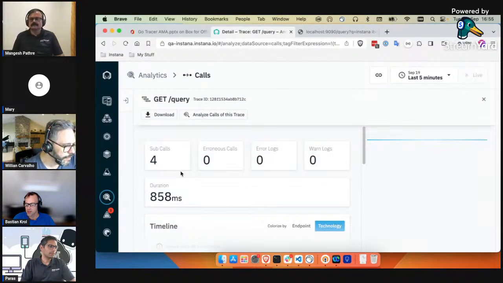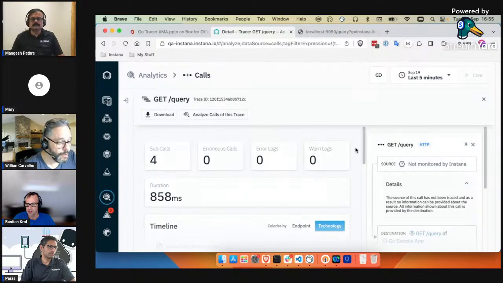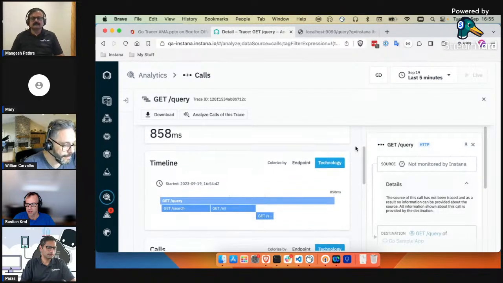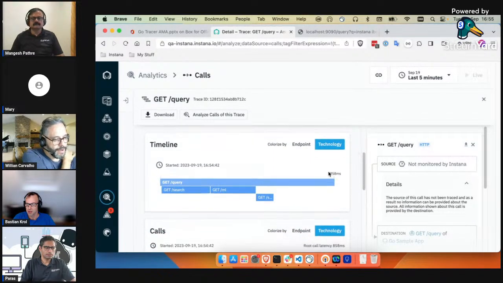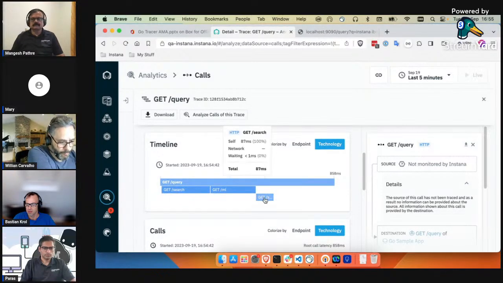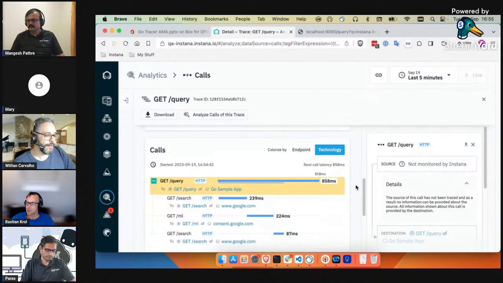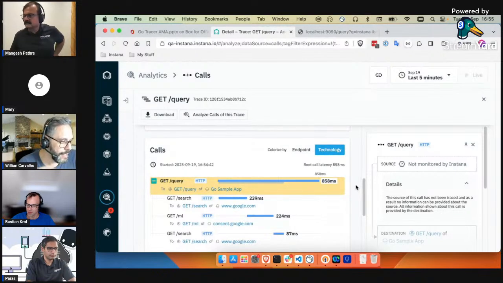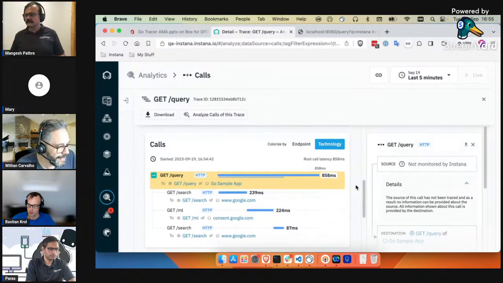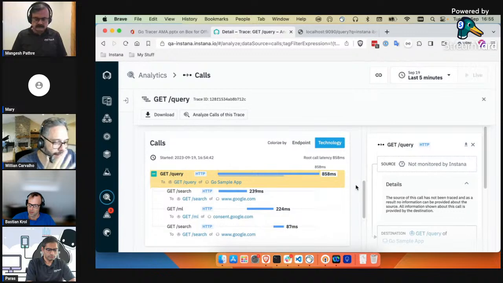So if you go here now, you can see we have 4 subcalls. And then here, something changed, right? Now we have the incoming HTTP request, and we have something interesting. We have more calls than the one I'm actually doing. That's because the way the round tripper works, it's already doing all kinds of 300-ish HTTP requests. So any kind of redirection and stuff like that, this is already covered by our wrapper.